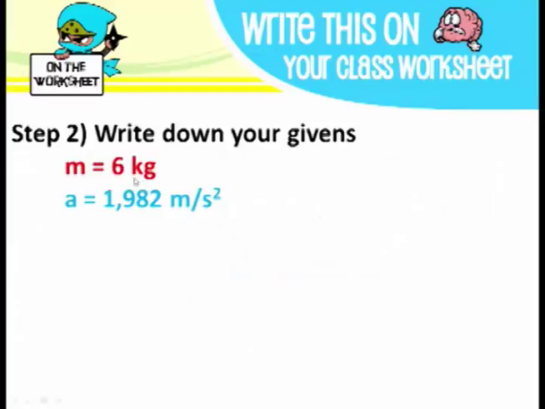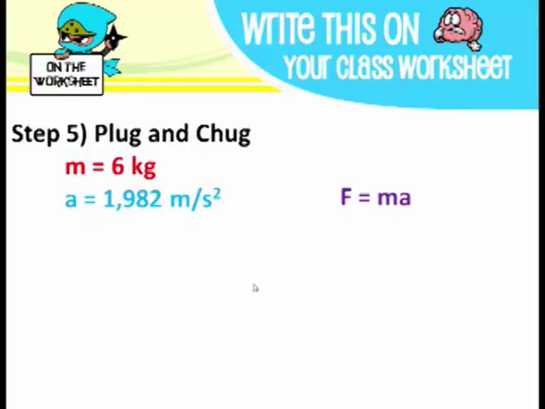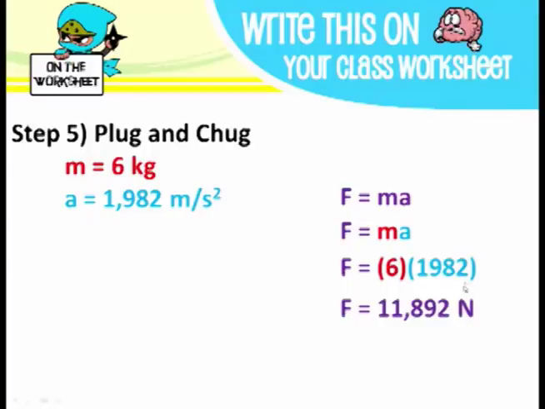So if m is equal to 6, a is equal to 1,982 meters per second squared, we're looking for F. Again, plug and chug into that equation. What are we going to do with those two numbers? That's right, class, we're going to multiply them. So we plug them in our formula, 6 times 1982, and you get